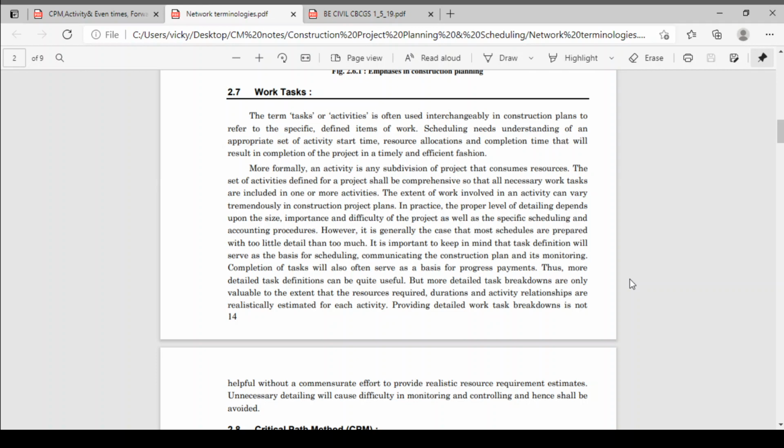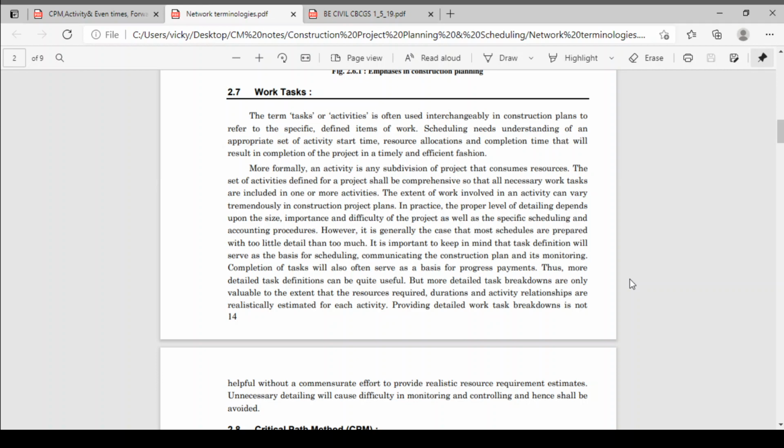Okay, it is important to keep in mind that the task definition will serve as a basis of scheduling, communicating the construction plan and its monitoring. Completion of the task will also often serve as a basis of progressive payment. Thus, more detailed work definitions can be quite useful. But more detailed task breakdowns are only valuable to the extent that resources required, duration, and activity relationships are realistically estimated for each activity.